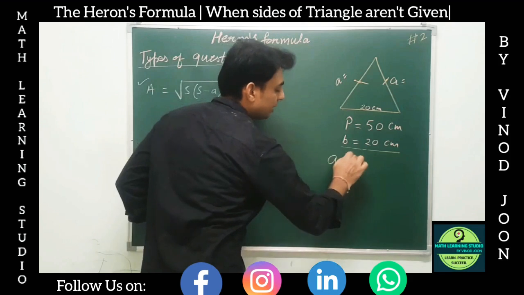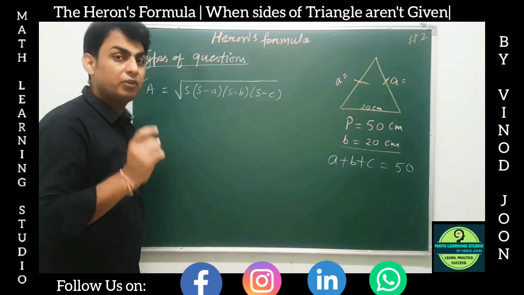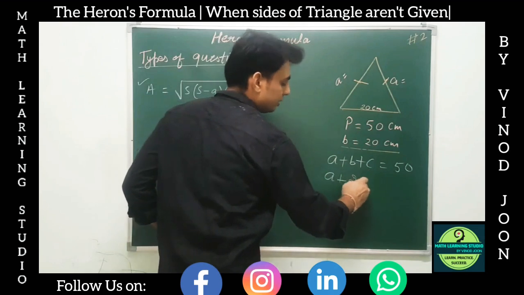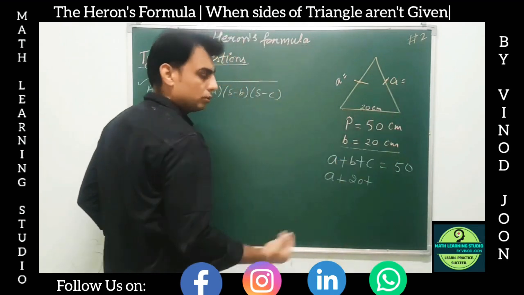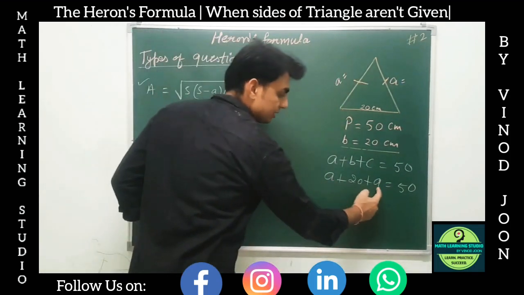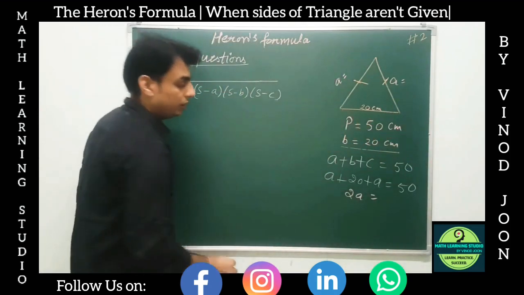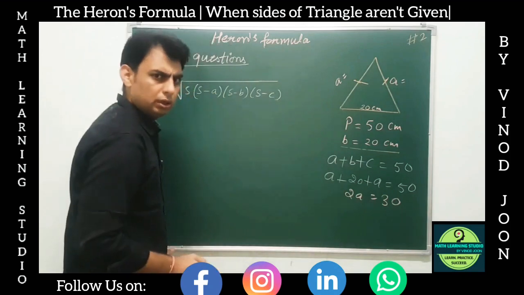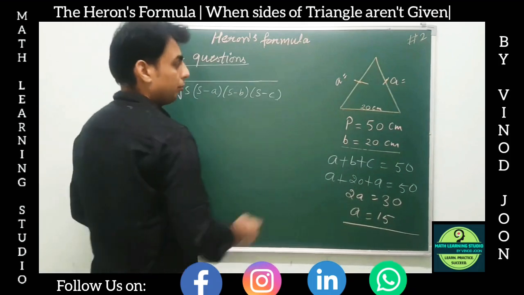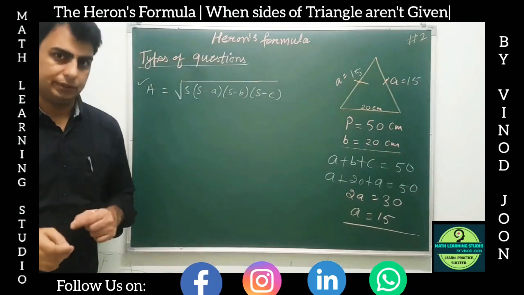हमको पता है perimeter is a plus b plus c. तीनों sides का sum करने से perimeter आएगा. That means 50 आना चाहिए. So a we do not know, so let us take a. Base we are given as 20. So I'll write 20 plus a, third side is also a. I have taken it to be a only, is equal to 50. So a plus a is 2a equal to 50. We take 20 that side becomes minus 20. So 2a is equal to 30 and a equal to what? 30 by 2 that is 15. That means both of these sides are equal and equal to 15 centimeters.